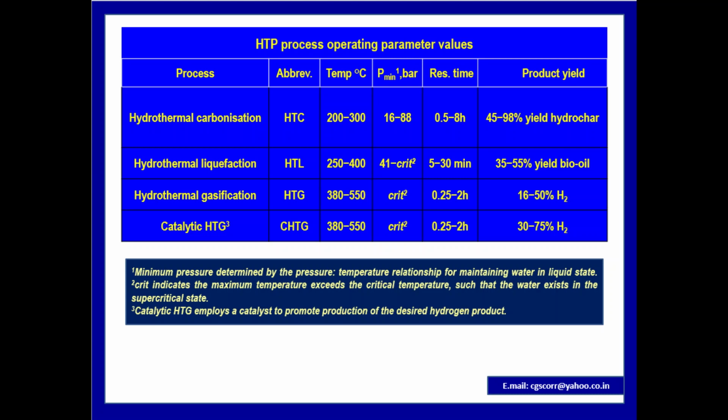This table describes hydrothermal process operating parameter values from left to right: process abbreviation, temperature in degree centigrade, pressure minimum in terms of bar, residual time, product yield. So under this process we have hydrothermal carbonization, shortly called HTC, temperature range 200 to 300 degrees centigrade, pressure minimum